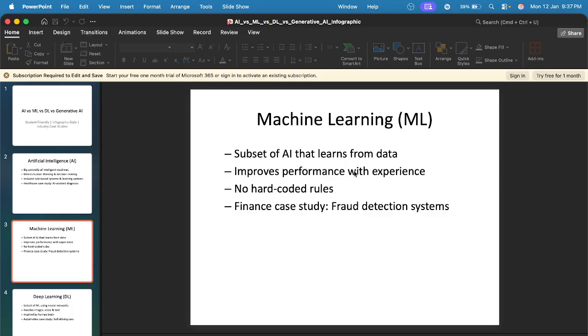What is artificial intelligence? Artificial intelligence is a big umbrella. If you want an example of what artificial intelligence is, I will give you an example of AI versus ML versus DL versus generative AI. If I go to any image, that's a perfect example.